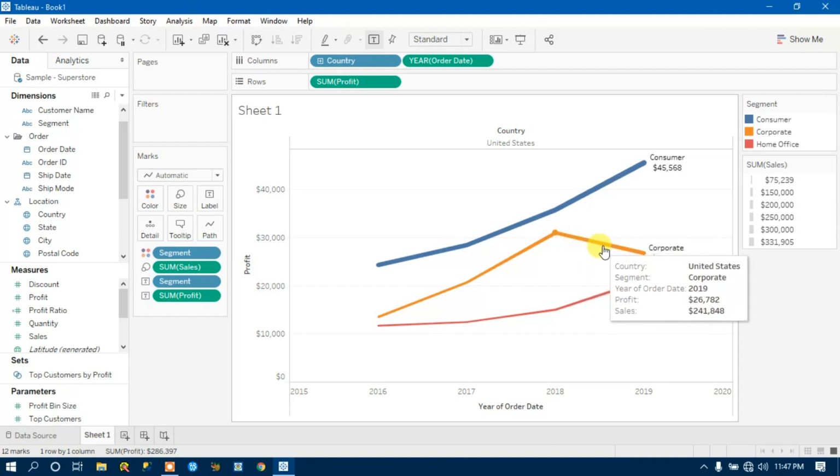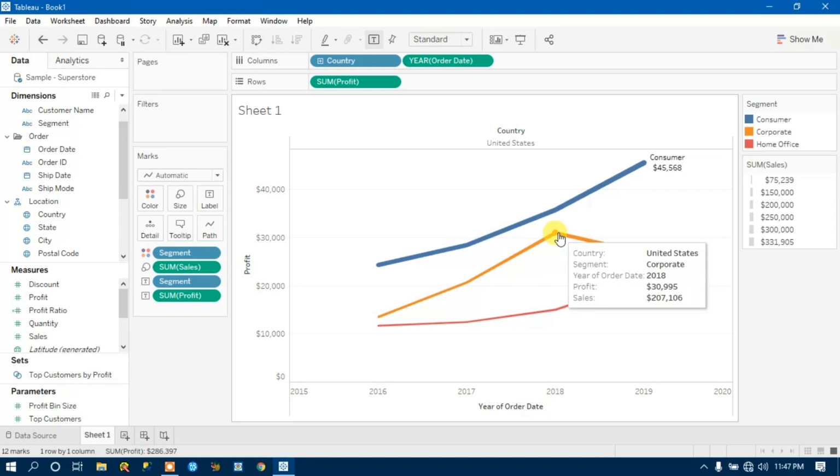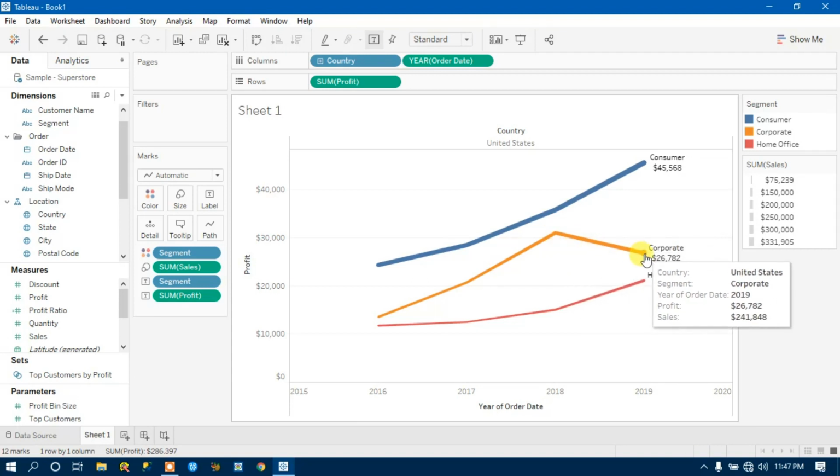Here the sale is 207,106 and our profit is 30,995. Here we performed less sales and also got less profit. So this is how you can relate sales and profit between these two measures, right?